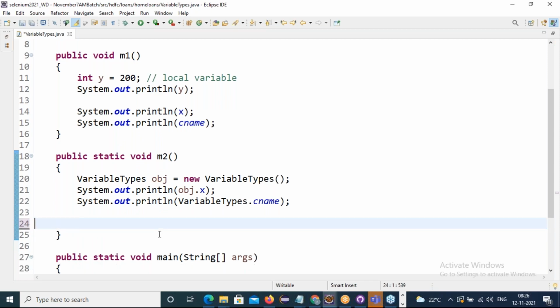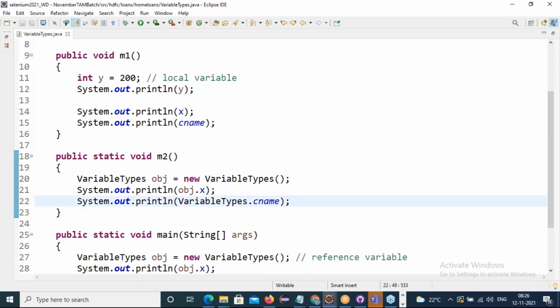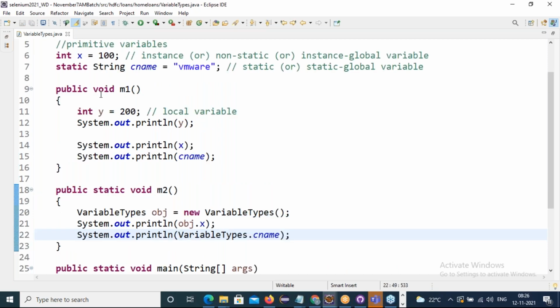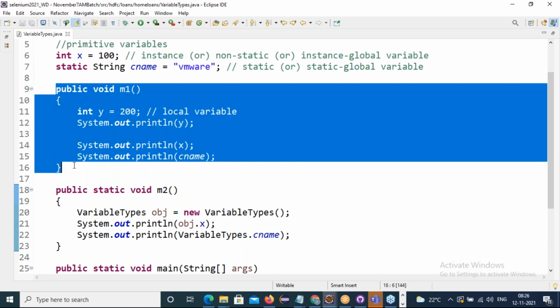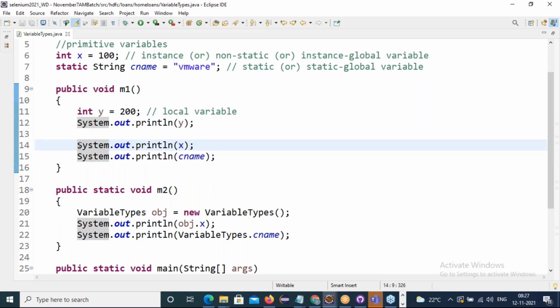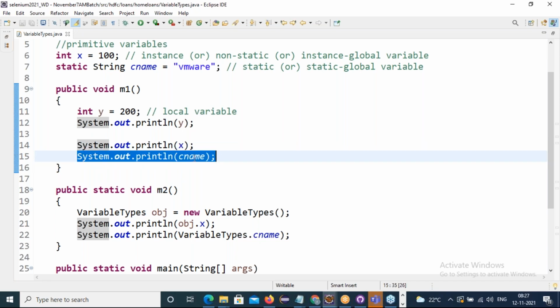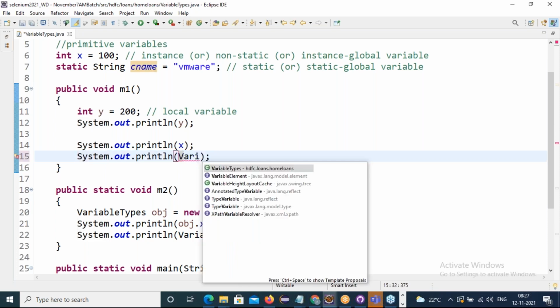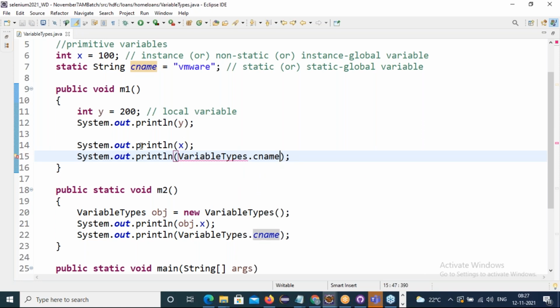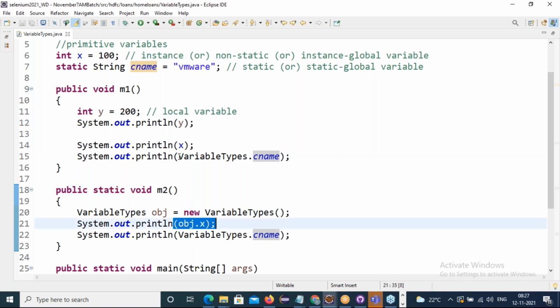Sir, can you repeat the last point once? Accessing in an instance method. Yes. Inside an instance method, instance properties will be called directly. Static properties will be called either directly or indirectly with the class name dot. Yes or no? This is a common point in instance methods and static methods. The only difference is that in an instance method, instance members will be called directly. In a static method, instance members will be called with a class reference. Only this is the difference. Statics are common in every type of method.